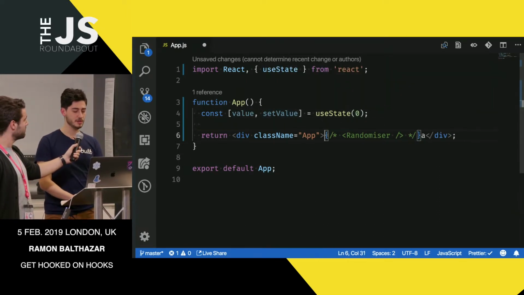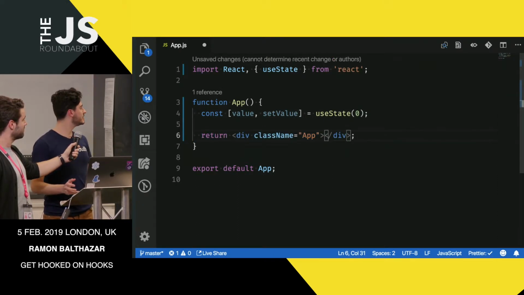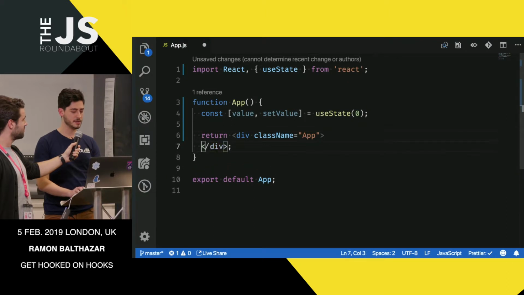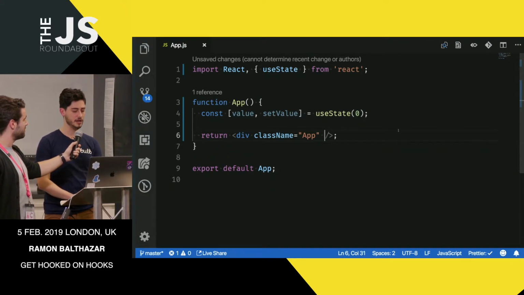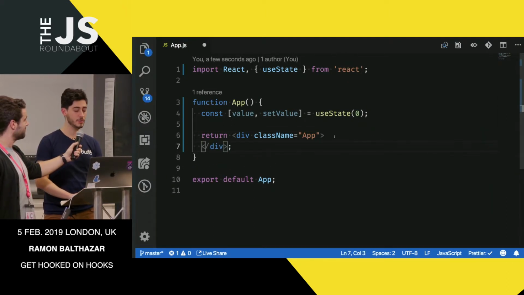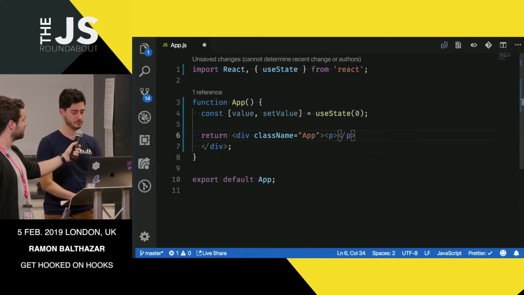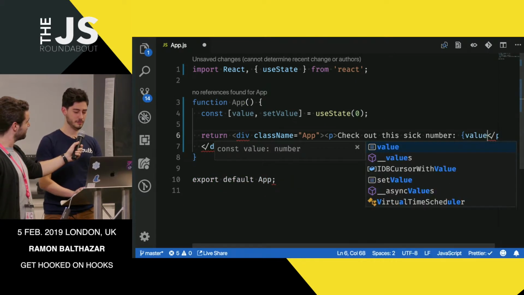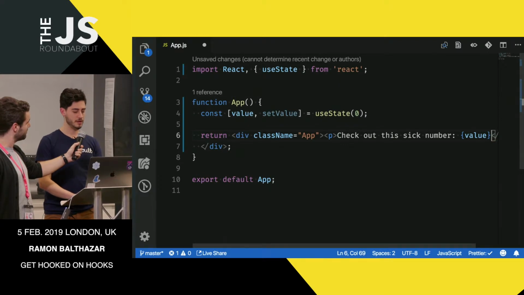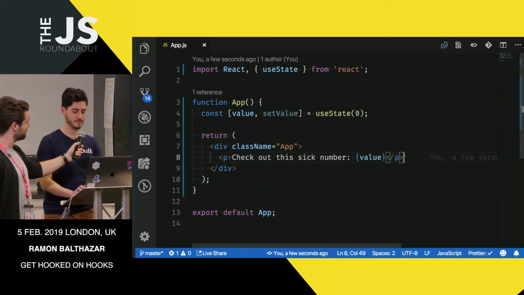So what we want here, I'll give you the hint, is let's build something that generates a random number. So we need somewhere to display our number. Check out this sick number. And we're going to show it here. Oh, thank you, Prettier.